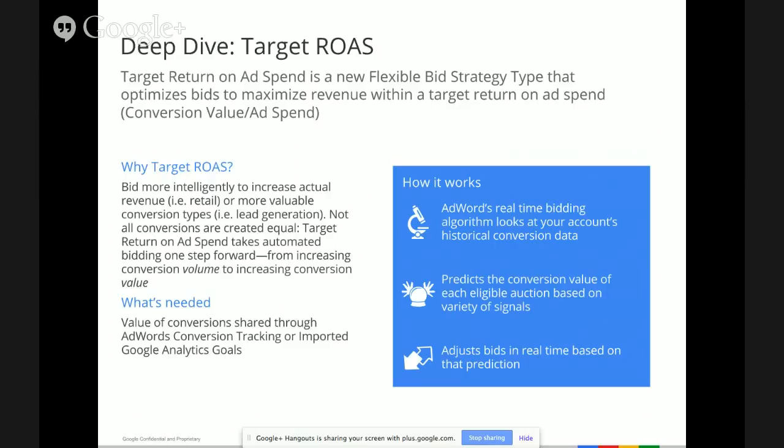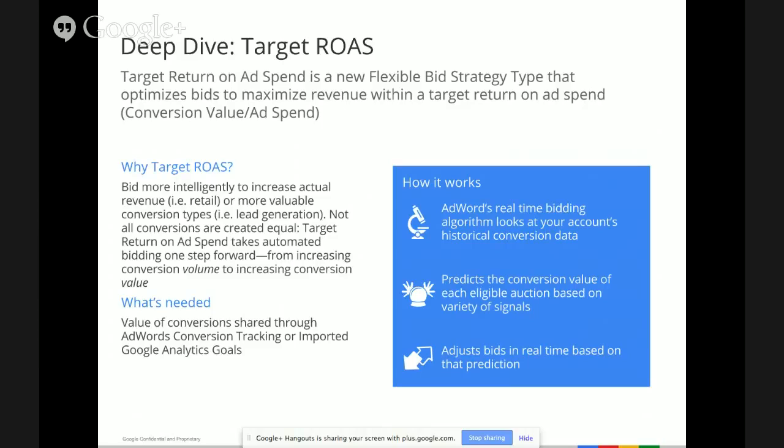We all know that depending on you or your client's business model, not all conversions are worth the same amount. For instance, if you are a retail client, you really want more sales that result in higher shopping basket sizes and values so that you can get more revenue. Or if you're in the business of generating leads, there might be certain types of leads that you value more than others. For instance, if your site allows users to just enter an email or fill out an entire form, you probably want to value the full form leads more because they convert better. Or if you're in travel, perhaps you have leads for certain types of car rentals that are more valuable than, say, hotel or flight bookings.